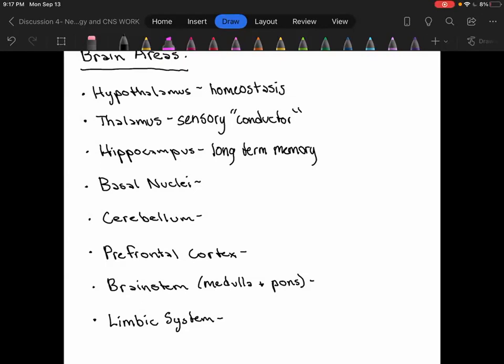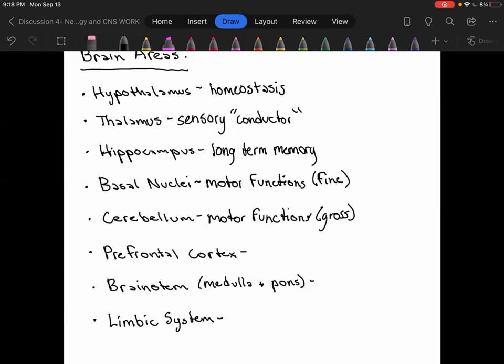So the basal nuclei, what we see it does is motor functions, and in parentheses, I'm going to put fine because we see that our cerebellum also deals with motor functions, but on a more gross aspect. So for example, the cerebellum would deal with like larger muscle movements. So like posture, gait, walking, balance, things like that. Whereas our basal nuclei would deal with more dexterous movements, like using your fingers, typing, writing, more advanced small movements,